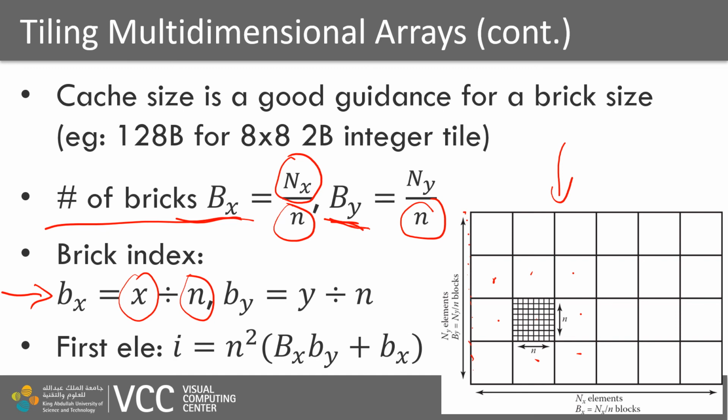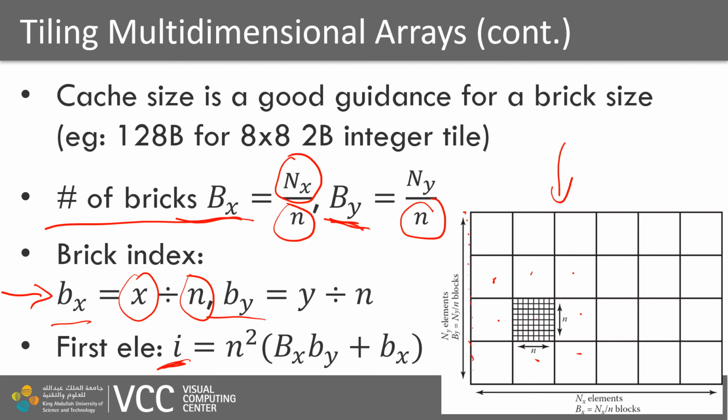Sorry, I mean the fourth brick and one of the last elements there. Okay, so we can calculate the brick index in the x dimension, we can calculate the brick index in the y dimension, and we can also calculate the index to the first element within a brick. That can be calculated in a similar way as we performed the indexing for the regular linear